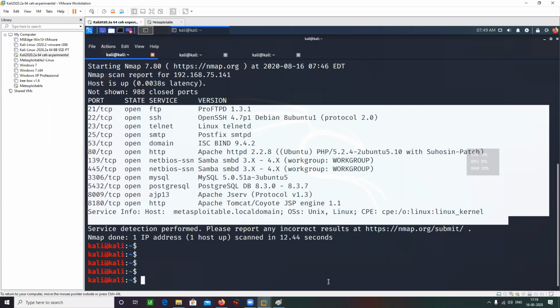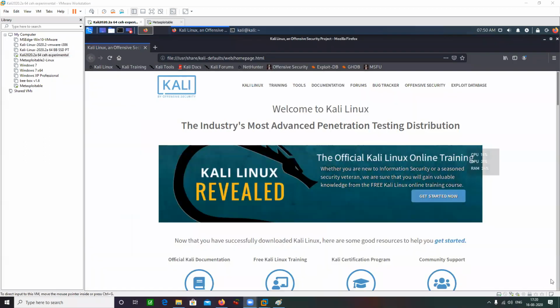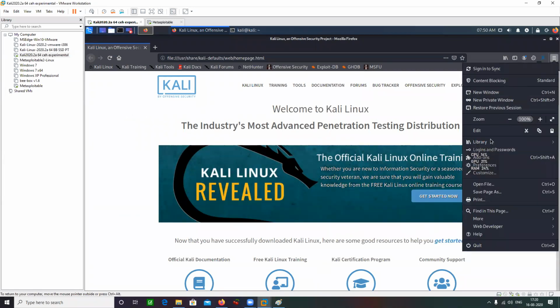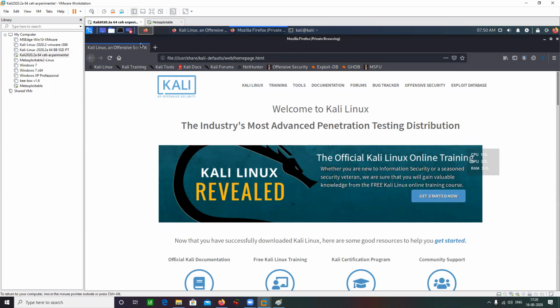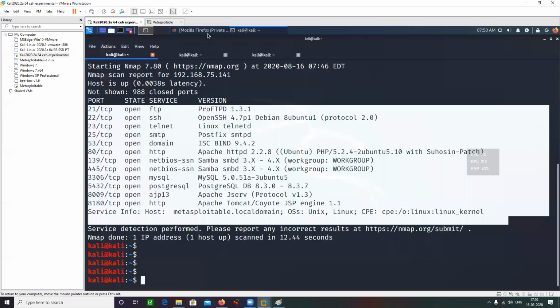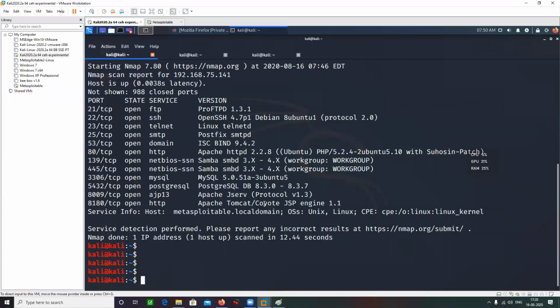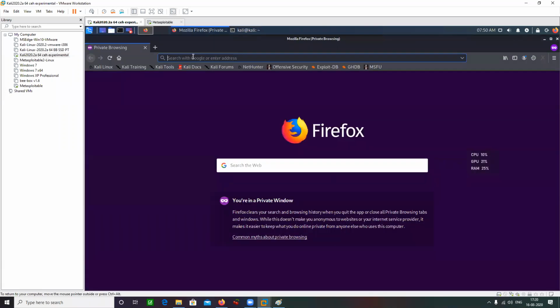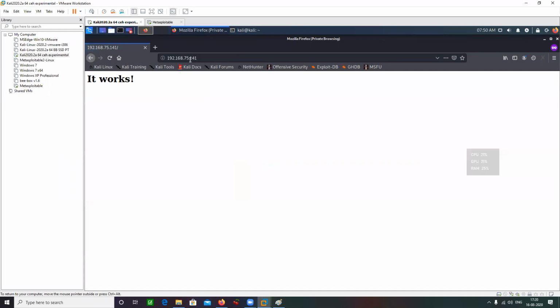For so long you would have been using the browser for the HTTP protocol, right? The browser is the right tool for enumerating port number 80. New private tab here. Let's close this one.